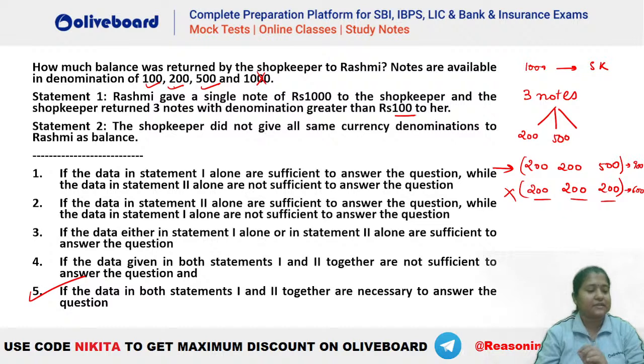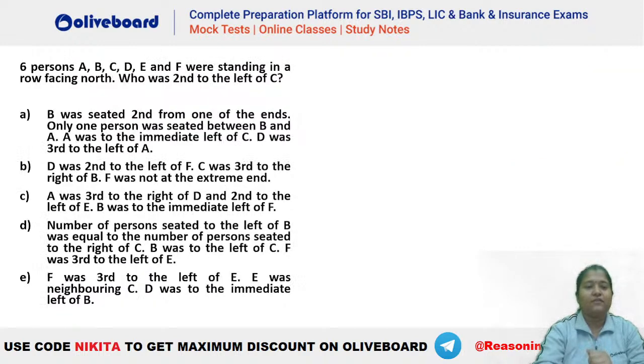Okay. So the answer to this question will be both are needed. Everybody clear? Please let me know. So this is a good question of data sufficiency. Quant. थोड़ा सा mathematical हो गया. चलो, we'll go to the next question, which is again a data sufficiency type of question, but here it is